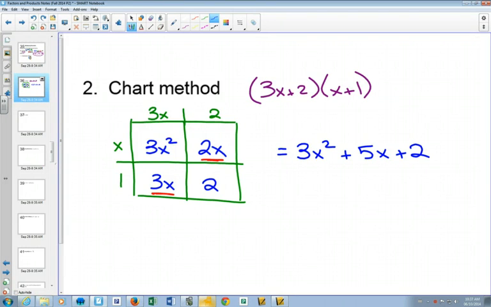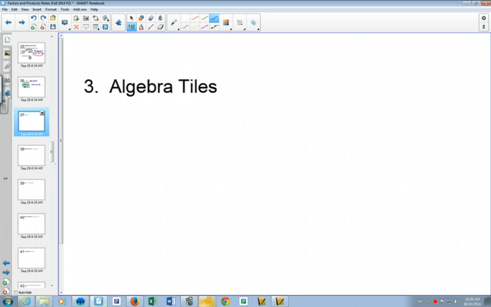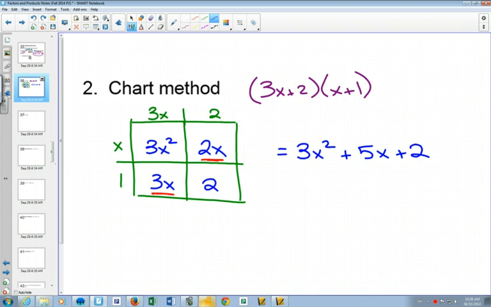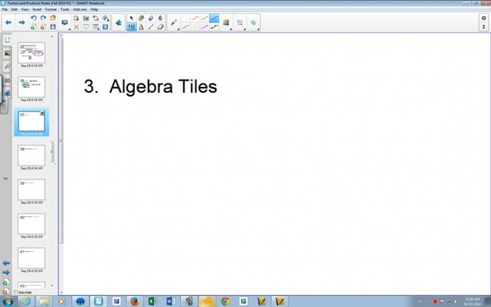Sometimes when we multiply bigger things, like a trinomial times a binomial or a trinomial times a trinomial, the chart is nice, but you can still do it with the arrow method or the FOIL method as well. And my least favorite method is algebra tiles. So you could actually draw out 3x plus 2